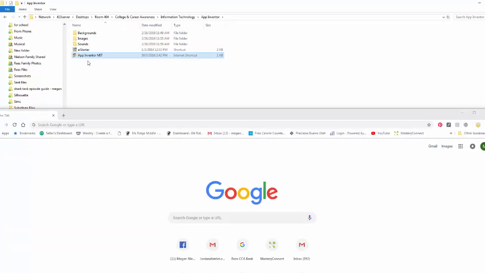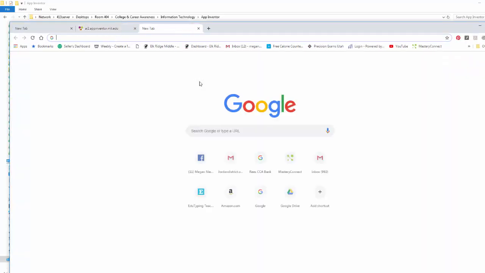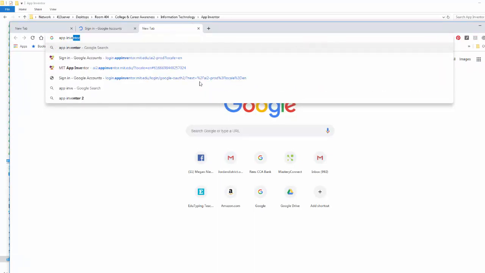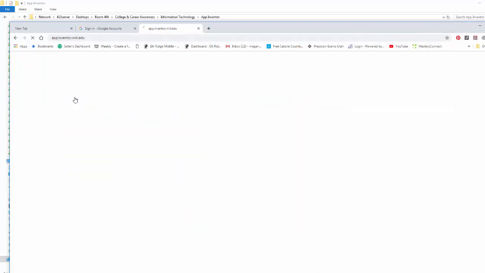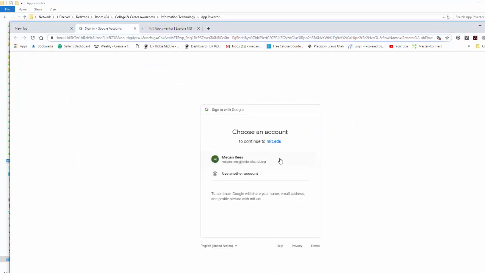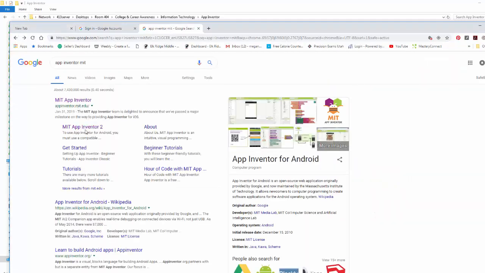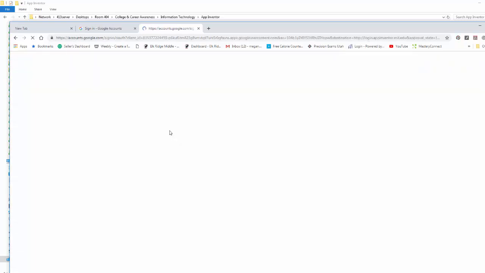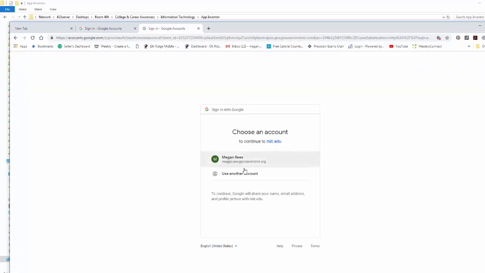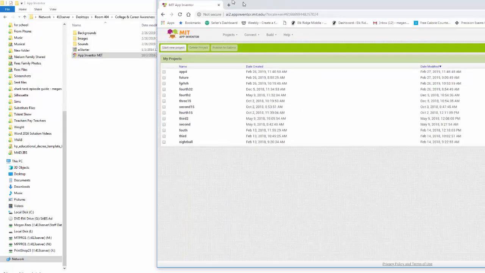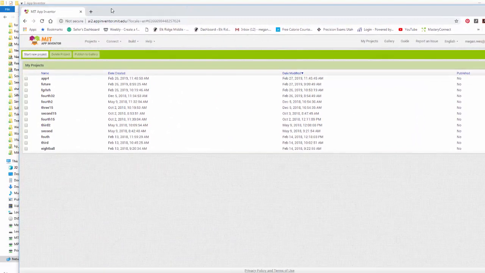So I'm going to go to AppInventor MIT. If you're at home, then just type that into Google, AppInventor MIT, either way, to pull that up, okay? Oh, by the way, make sure you go to AppInventor 2. I'll have a link on your website. It's going to ask you to log into your email address, so it will want to connect to your email address. Just use your school email address, that's totally fine. It may ask you to accept terms of the agreement. It's going to ask you if you want to take a survey, just say no,